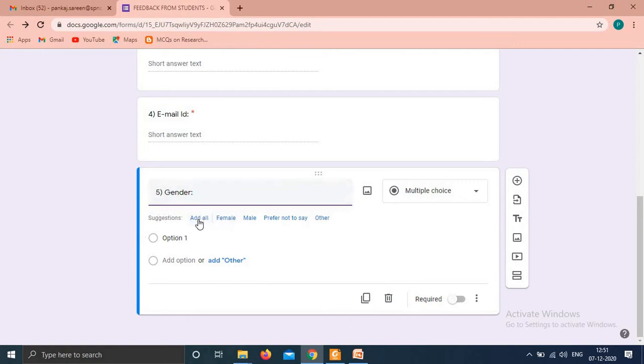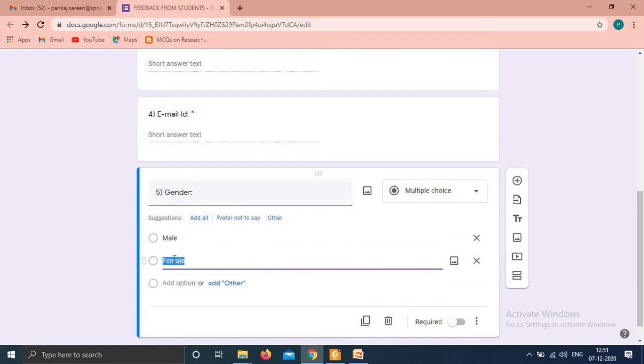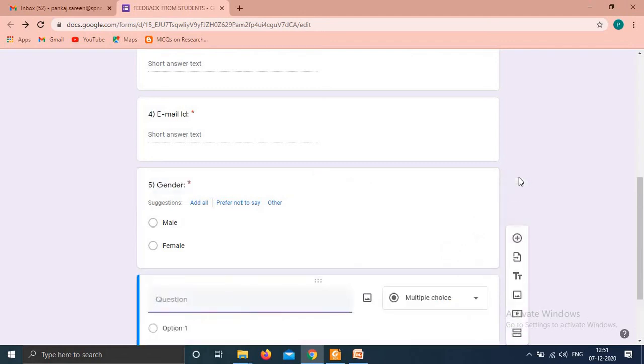If you want to add all, you can add all from here. And if you want to add only 2, you can add male and female. Fine. So it is also required. It's very easy to create a Google form from here.